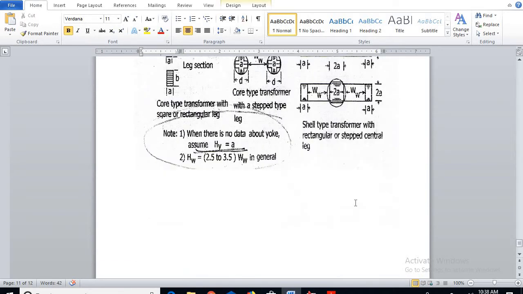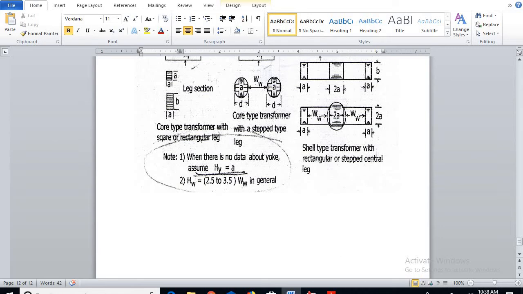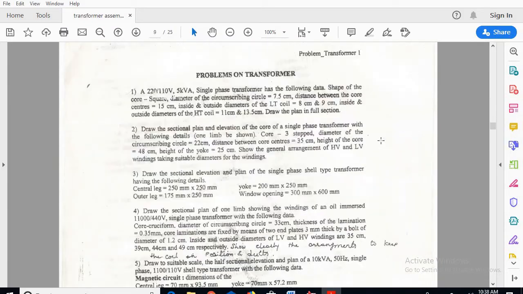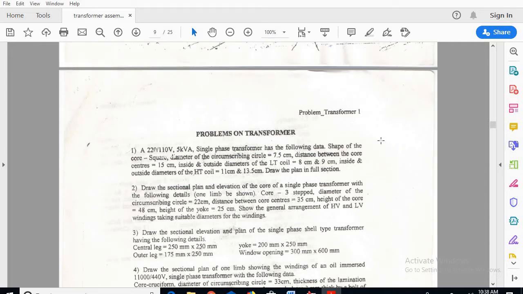So let us go for some numericals. Based on this we can solve numericals and draw the diagrams by using AutoCAD. Okay, so let us go for the first numerical. A 220 by 110 volts, 5 kVA single phase transformer has the following data. Shape of the core is square core. Diameter of the circumscribing circle is 7.5 centimeters.